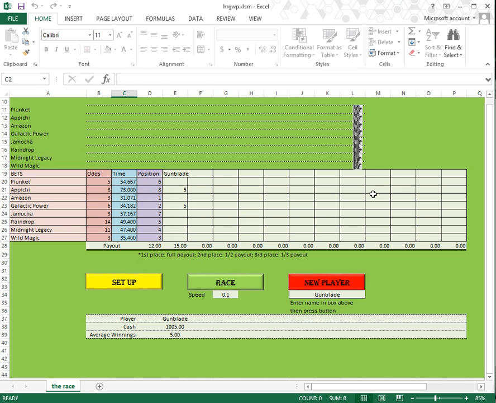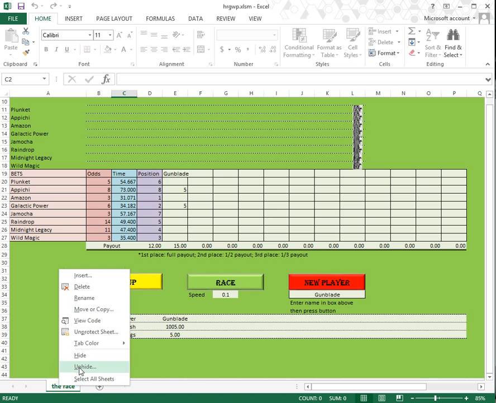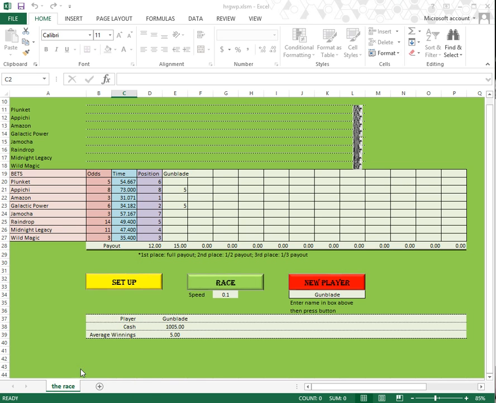Today, since this is my most popular project, I am going to dive a little bit more into the ways you can customize this file for yourself, and just kind of into the background of where some of this stuff comes from. So first, a cool trick to try is come down here, right-click this tab, and choose to